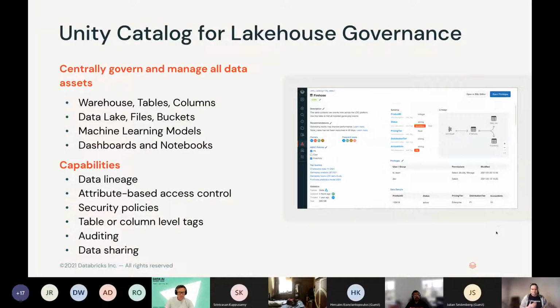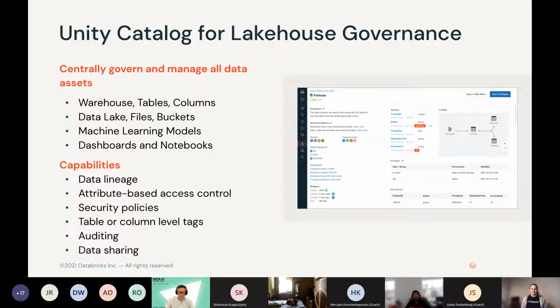One of the most important things in the lakehouse is governance. So that's where Unity Catalog comes in. Unity Catalog is part of the Databricks offering, and it provides your centralized governance and management. It allows you to control access on your tables and columns, just like a data warehouse would, as well as the files and buckets as your data lake would, so you can see where it merges together. But in addition to that, you can also control access on your machine learning models that you might keep in the same platform, as well as dashboards and notebooks. So you can see that we have different kinds of use cases, but we have a central single place to manage the governance for that.